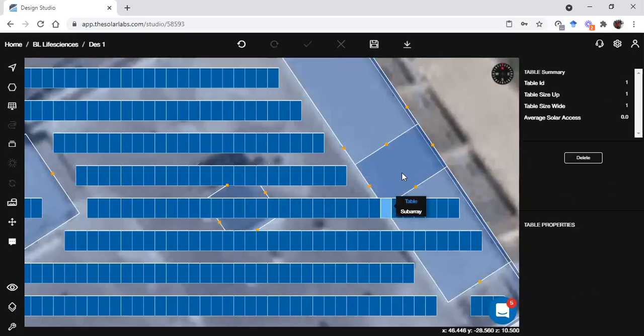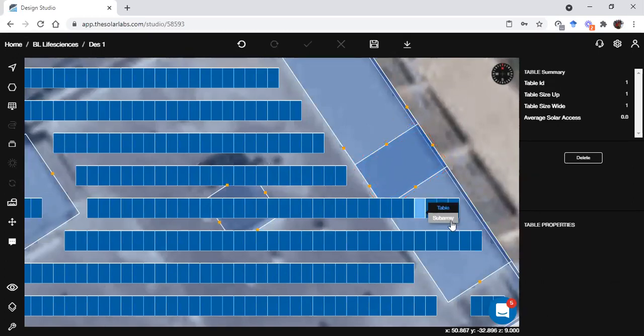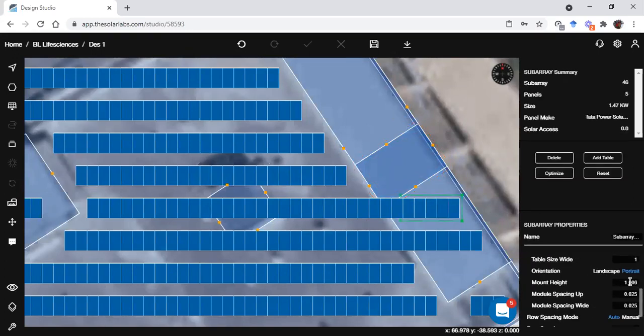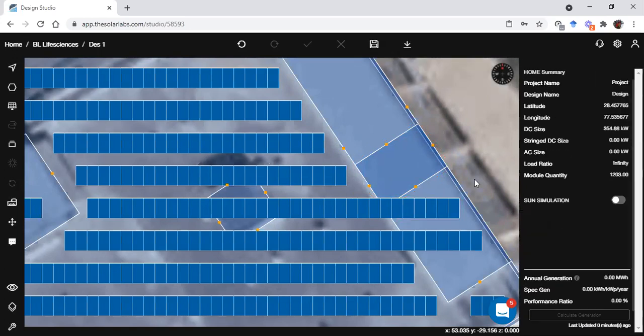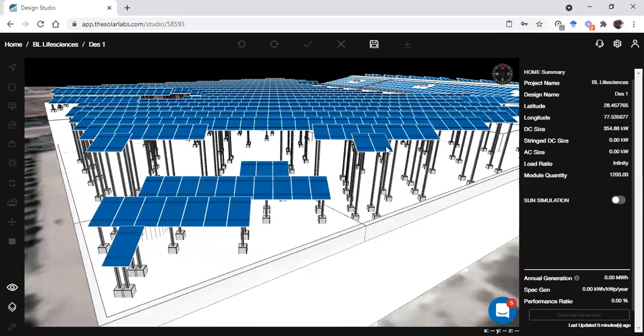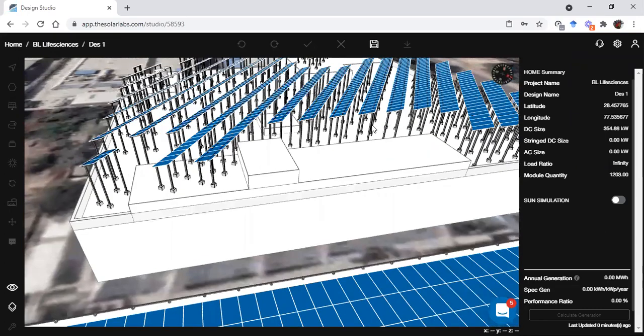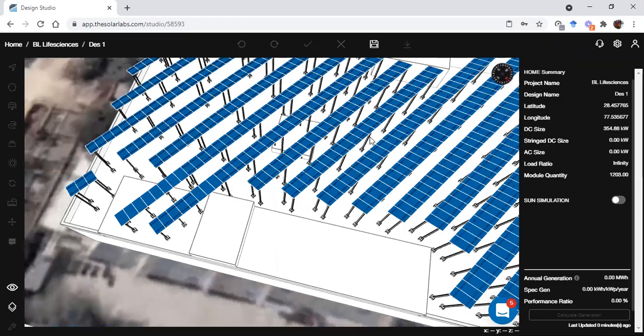For this subarray, the height was 10.5 and it was 7.5, so it is for 1 meter only. For this subarray, I need to change the height to 2.5. Now if I show it in 3D, you can see there is this structure, you can place it like this.